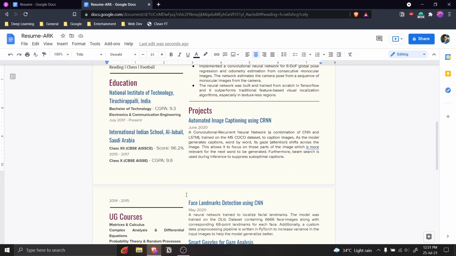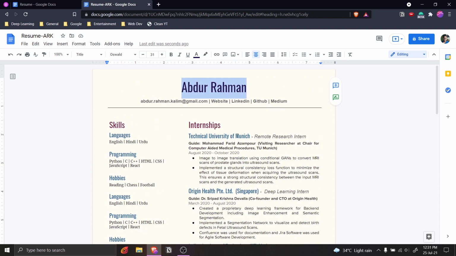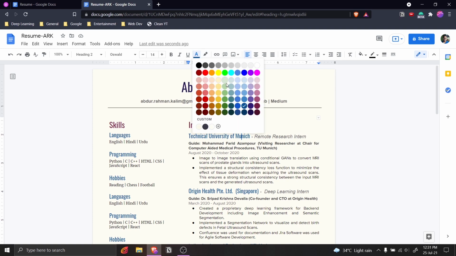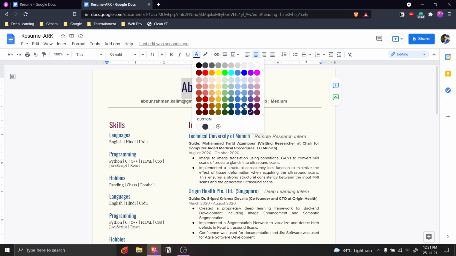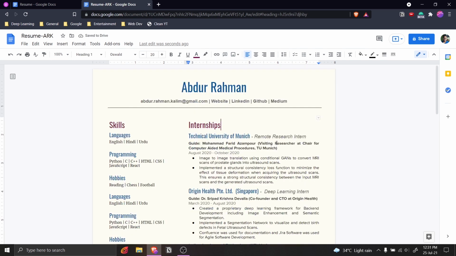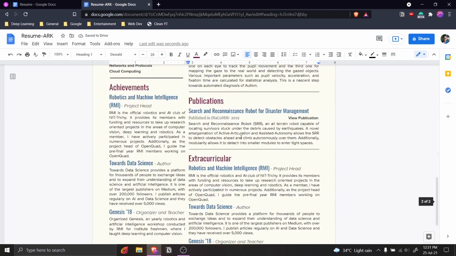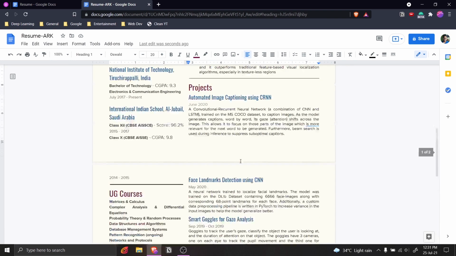So in the rest of the document, we have used this red and blue scheme. So let's fix that. Let's check what color this is. So it's this one, right? So I'm just going to fix the color of this as well. And now it looks much more professional, and it looks like a properly formatted resume now.